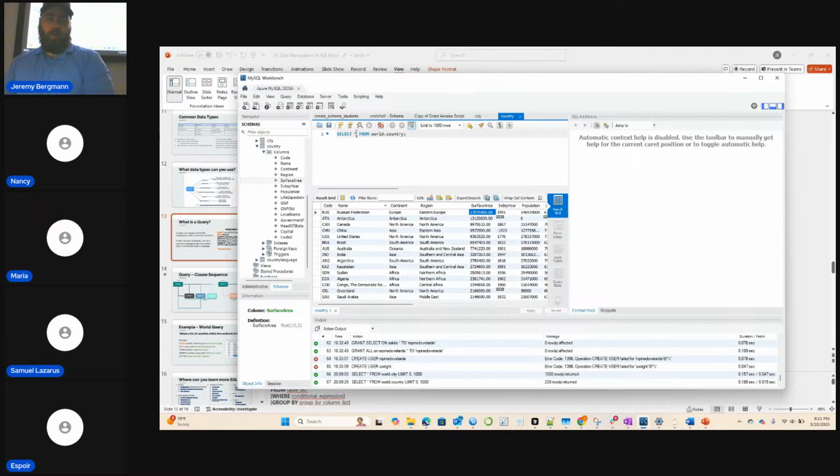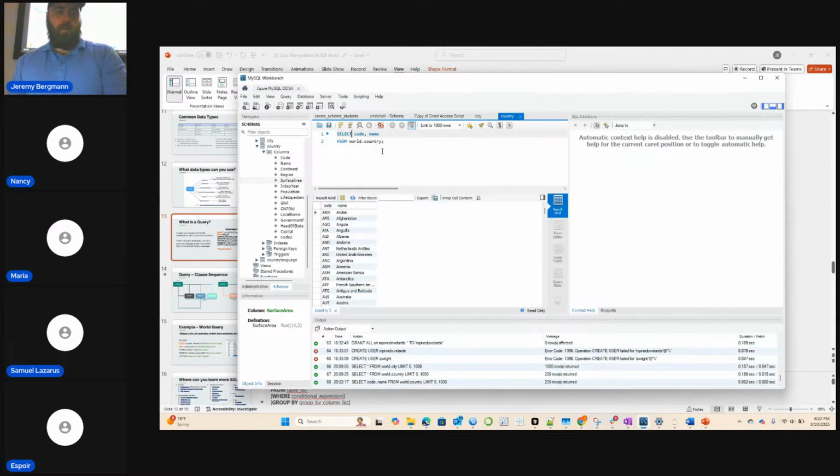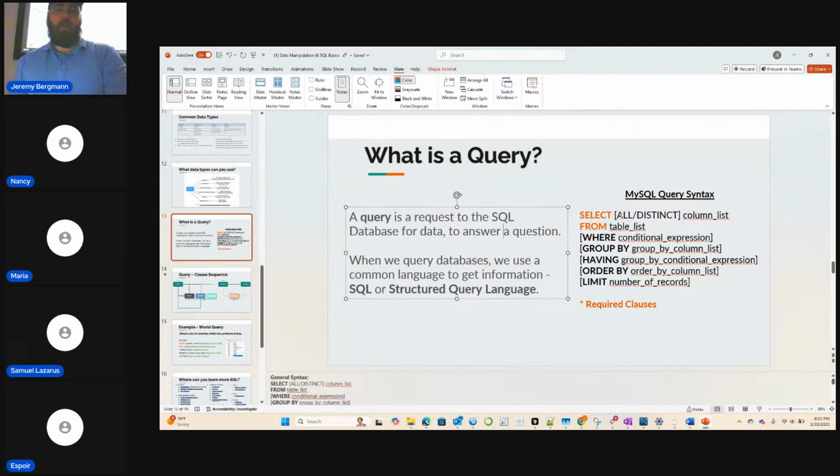Maybe you just want to select code and name. And we'll do this in a little more of a format that we want to use in this class, or we show it there. If you do that, it'll just select the code and name from the world.country table. So that's a SQL query.